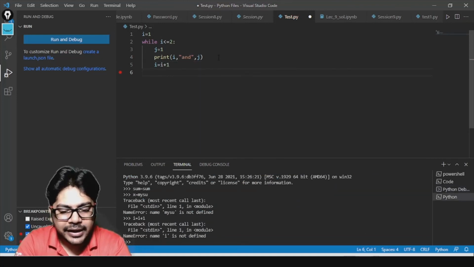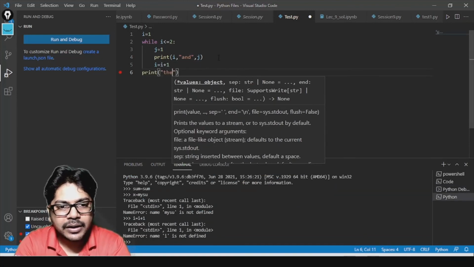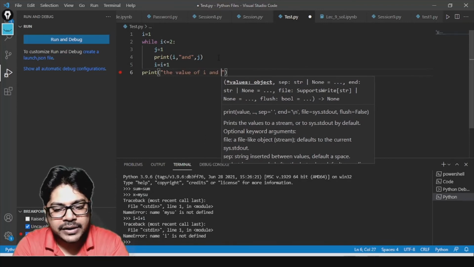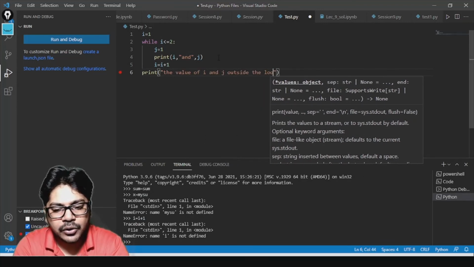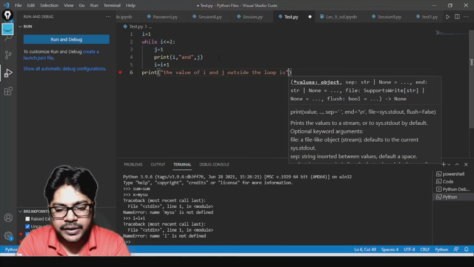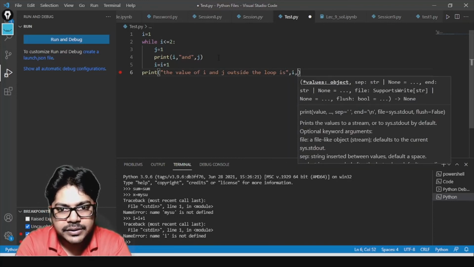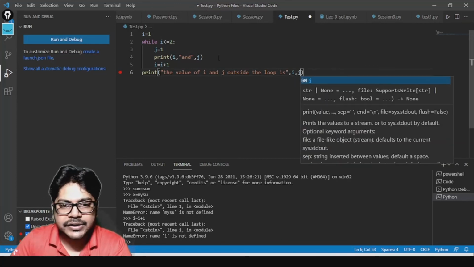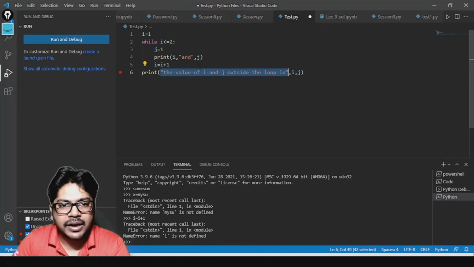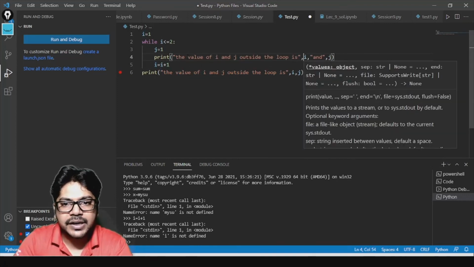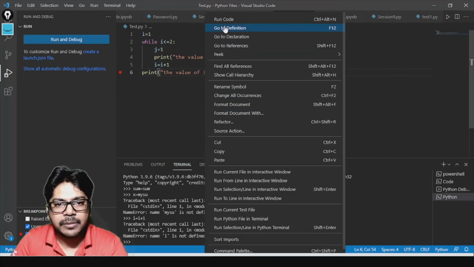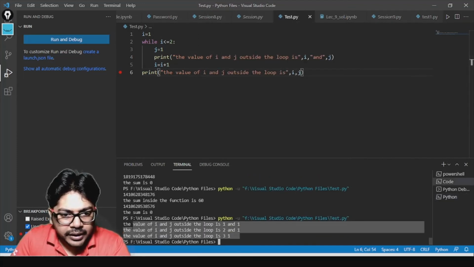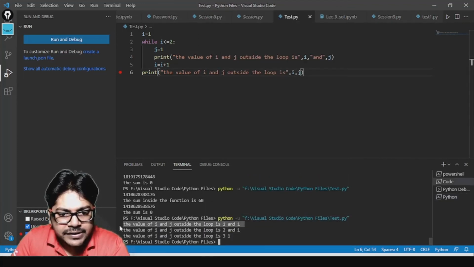And here, outside the loop, if I print the value of i and j, and print the same message here as well, now you see what is going to happen. The value of i and j inside the loop is 1 1, and outside the loop is 1 1.